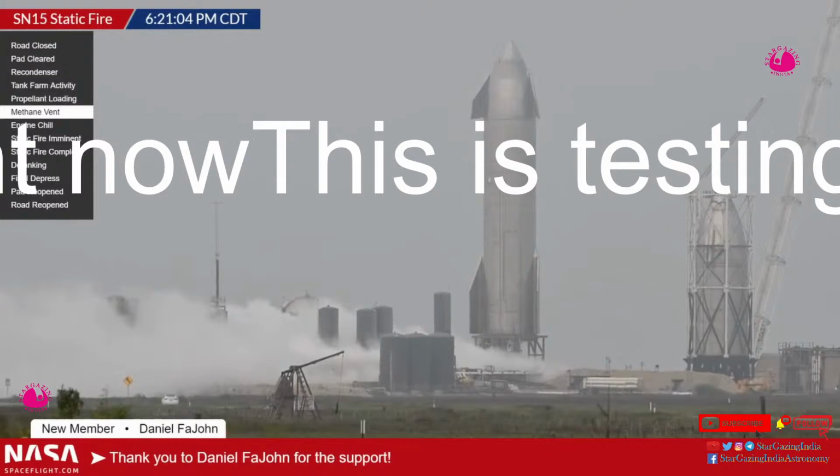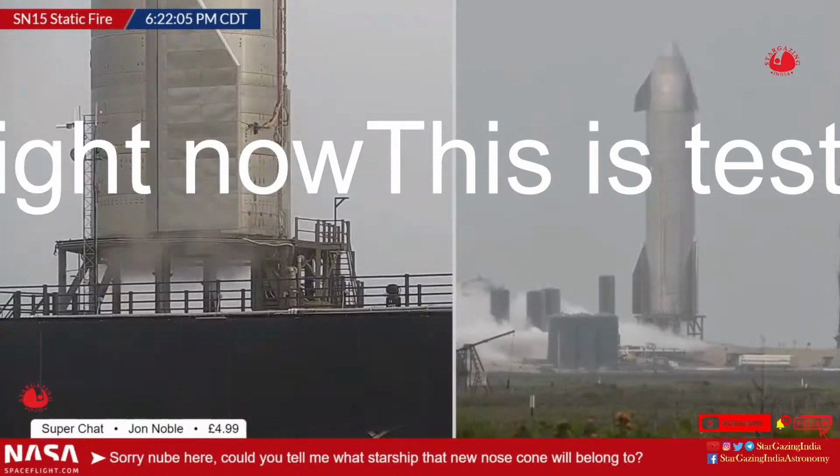Oh yeah, I was thinking maybe we should talk about that. Jack, what do you know about the one with the scaffolding all around it? I think that was SN12. SN12's nose cone, and SN12, 13, and 14 were scrapped. That's how we went from 11 to 15 in one go, because they were building parts for 12, 13, and 14, but those parts were scrapped. So that SN12 nose cone, instead of being installed on a vehicle, has been installed in a test cell and will be tested in some way, shape, form, or manner. I don't think we quite know the specifics of what they're looking to test with that, but clearly it's a system